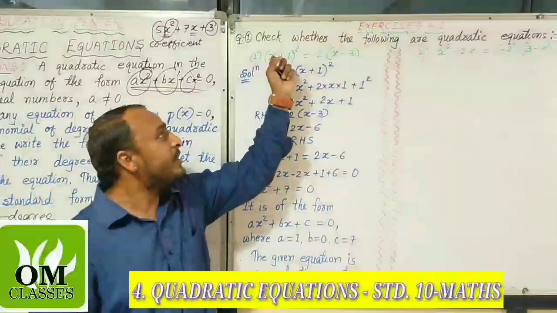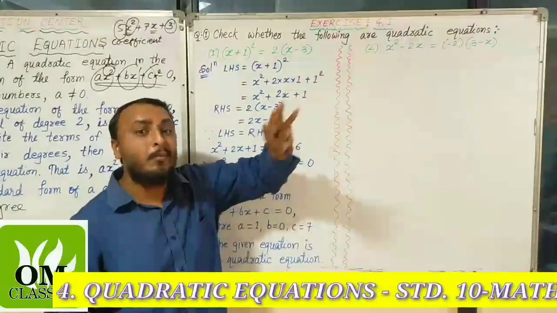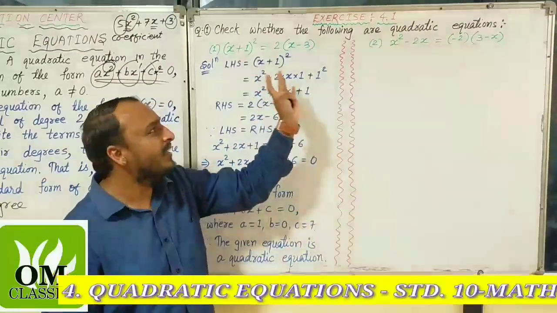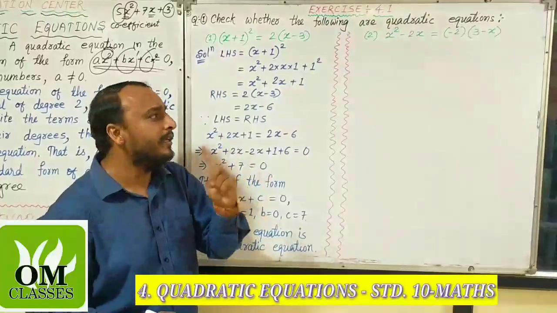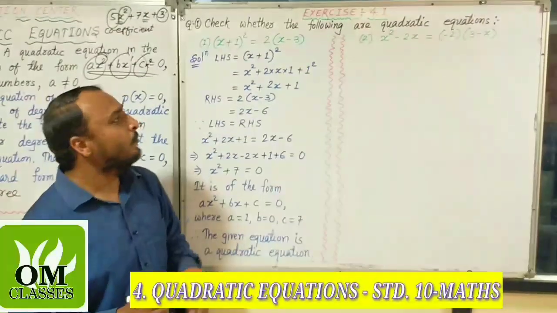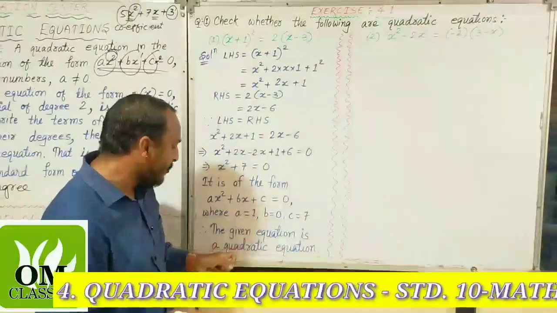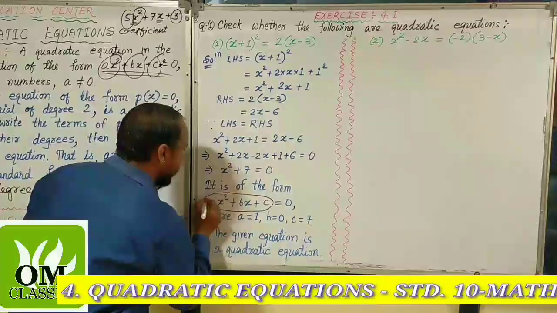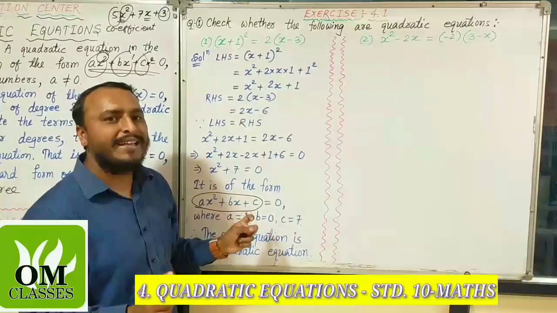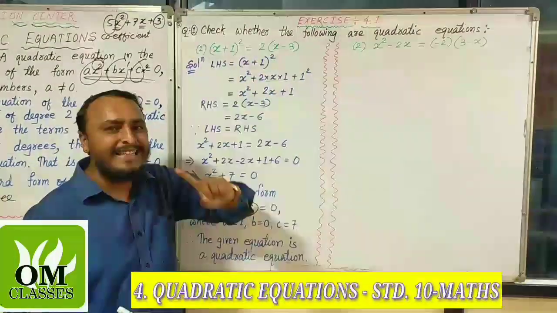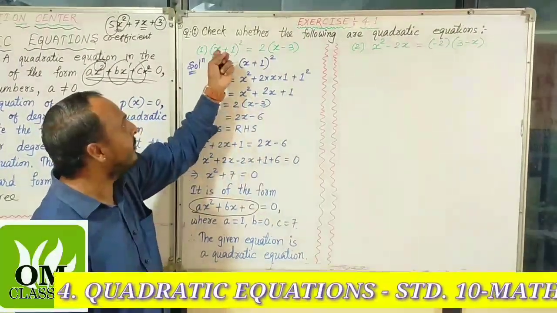Now, what is given in the first question? Check whether the following are quadratic equations. आपको चेक करना है yes or no whether the given equations are quadratic equations है कि नहीं है, yes or no. अब कैसे पता चलेगा? तो when you solve this LHS, RHS, any equations, then at last it should be in the form of ax square plus bx plus c is equal to 0. ऐसी फॉर्म आनी चाहिए. Then only we can say that the given equation is a quadratic equation. आ गया समझ में? तो let's move to question 1 and first